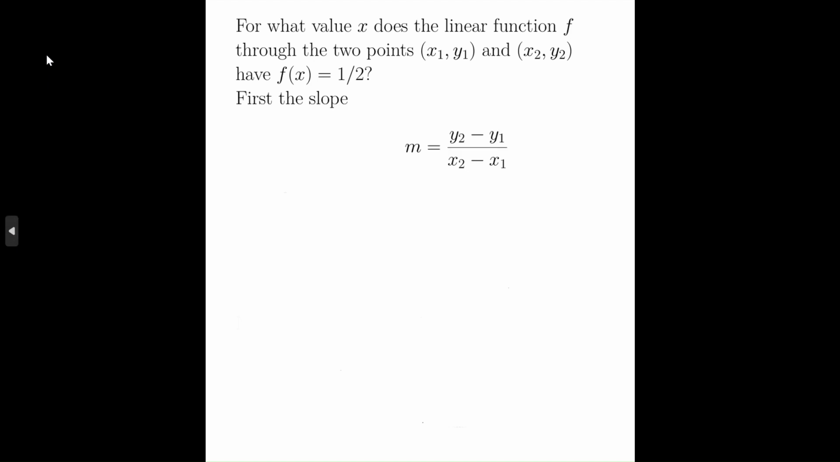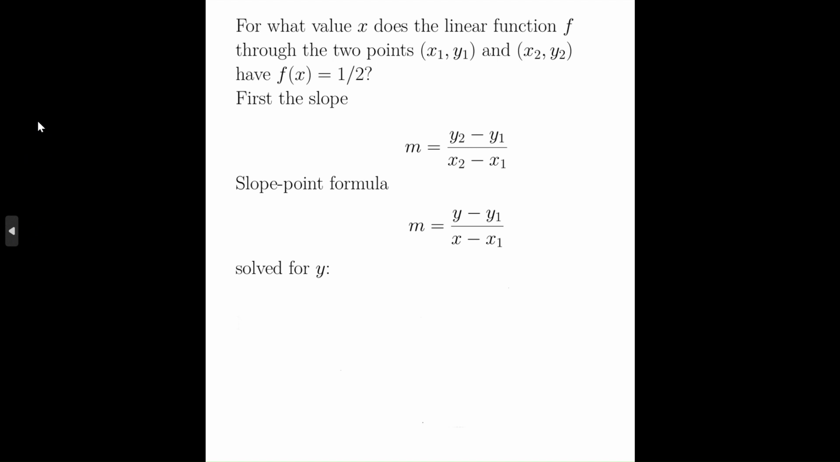What we first do is, of course, we calculate the slope of this linear function f. Slope formula: y2 minus y1 over x2 minus x1. So that's pretty simple. Again, we have these 4 values given. So we calculate this m very quickly. Then, of course, we want to have